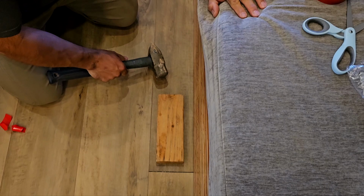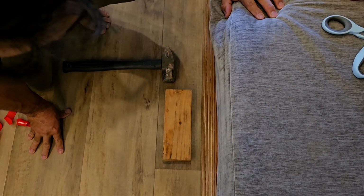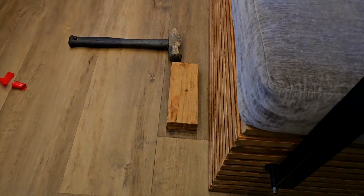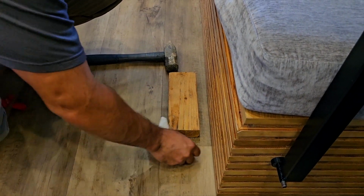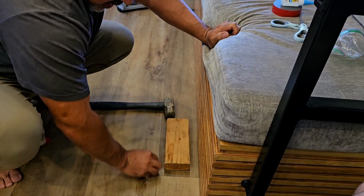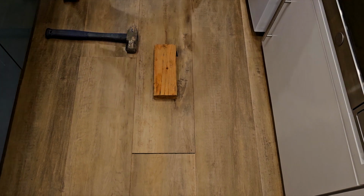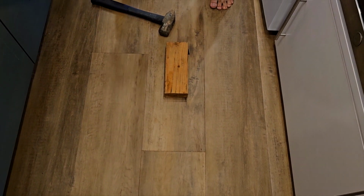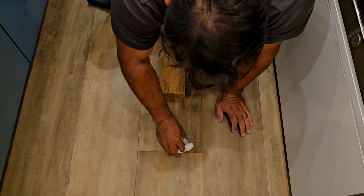Alright, you stand on it. Ready? Okay, so now we're gonna knock the access up. What do you think? Good. Pretty good. Alright, you stand on it. Yep. It's all clear. Alright, ready? There we go. Wipe up the excess glue so we don't have a mess here, but